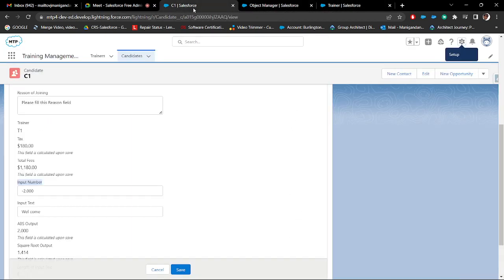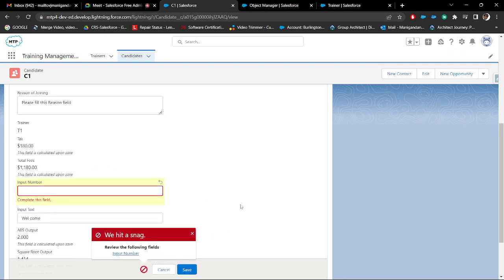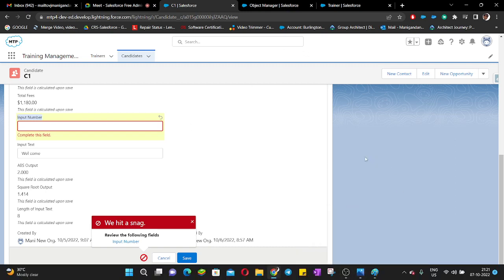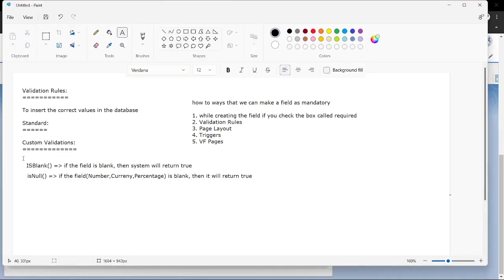So now we'll check it out. If you remove the number and try to save it, you will get the issue. If you want to test it, you can test it for is null, you can test it for text fields. You can tell me what error you are facing. Okay, so hope you got the difference between is null and is blank, right? So this is the second condition,